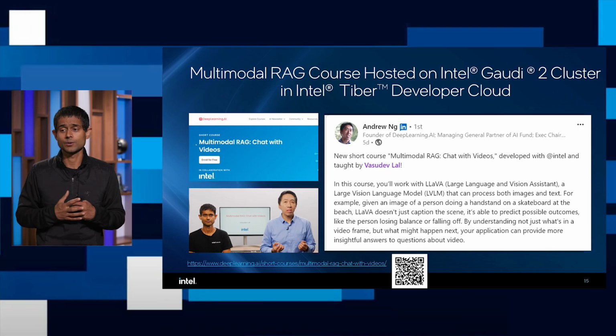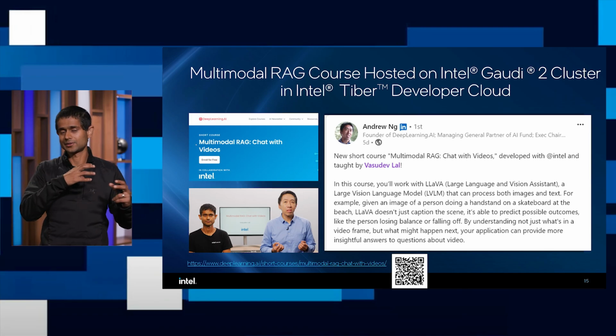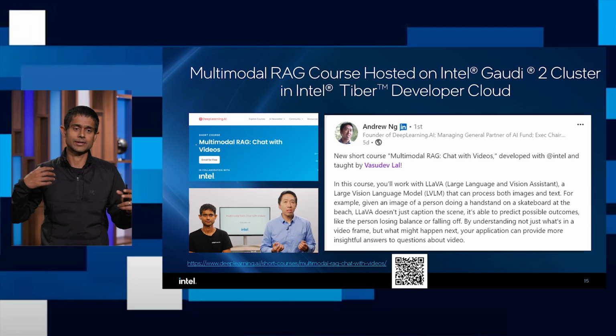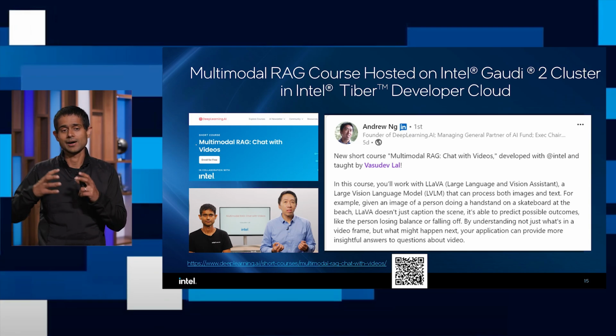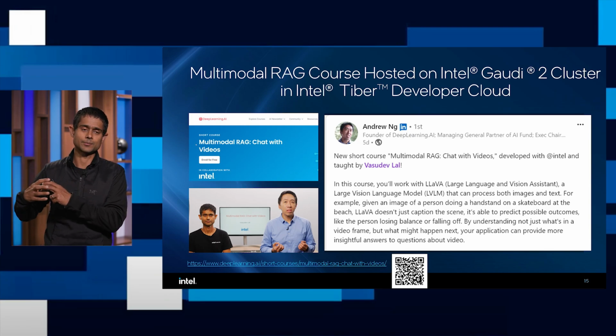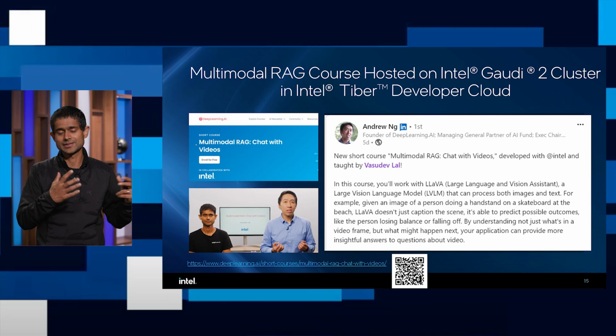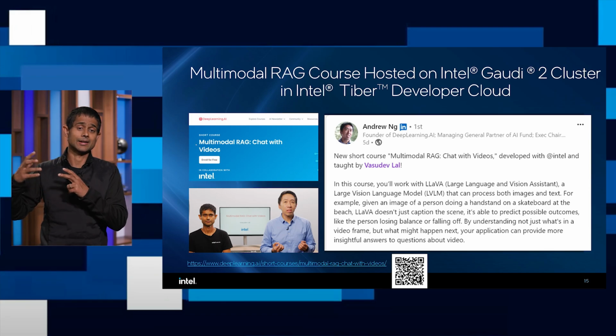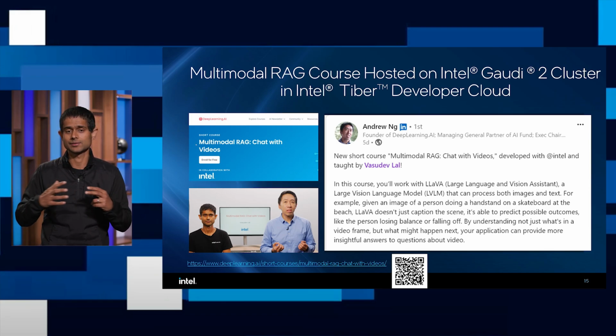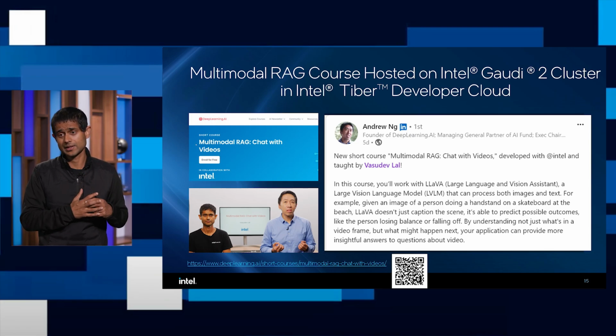In this particular course, you will learn how to pre-process videos, how to transcribe videos, how to create descriptions of videos if a transcription is not possible, how to ingest all of this multimodal data into a vector database, how to instantiate multimodal LLMs and how to put together the entire architecture diagram that was on my previous slide to make a multimodal RAG chatbot.